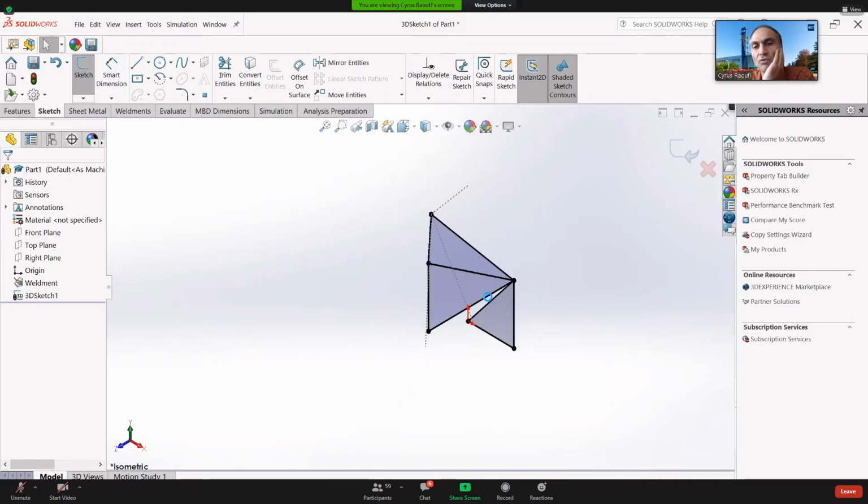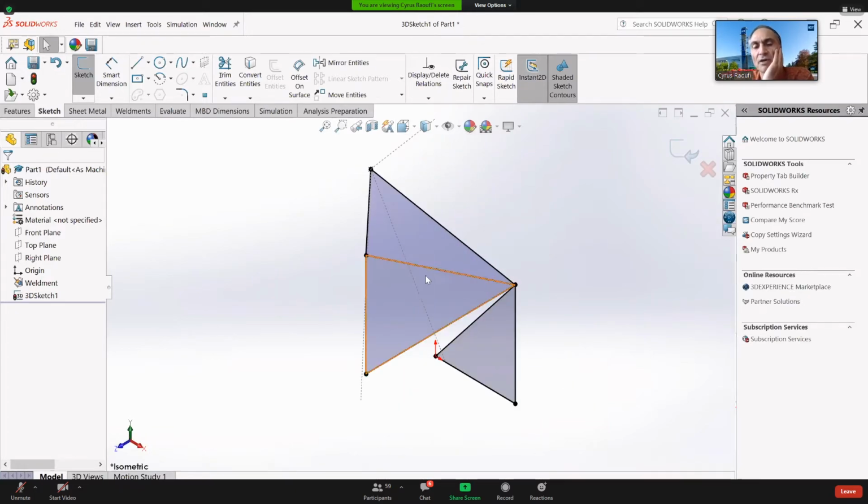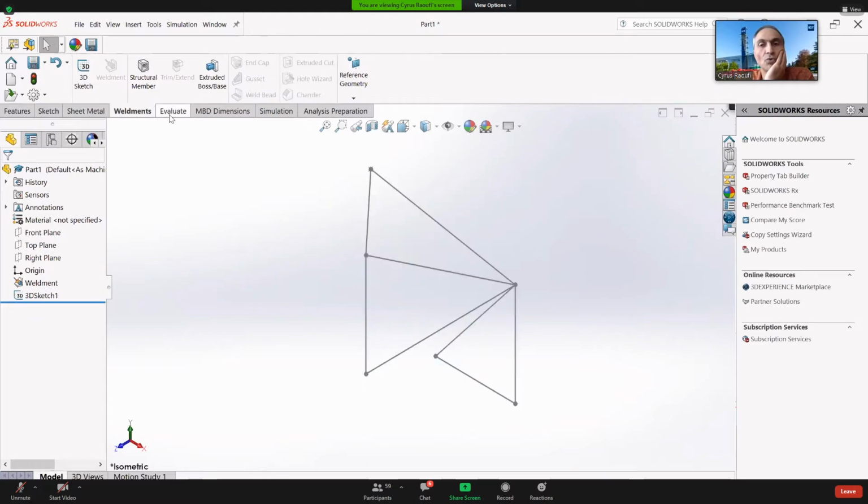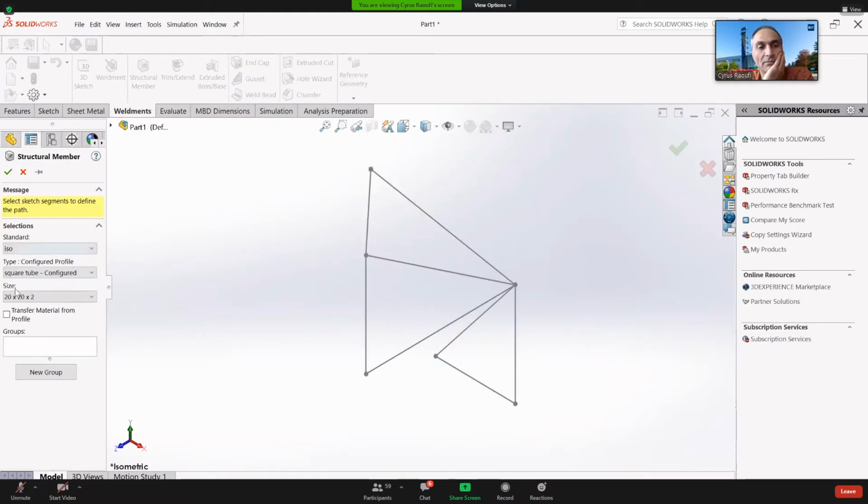What I did, I just put more members here because I want to talk about the groups. Now, I'm going to quit from a sketching environment, back again to weldment and a structure member. And the setup is there. Now, this is what I'm saying when I said do not create the group. What I'm going to do, I'm going to say, okay, starting from here, I want to have,